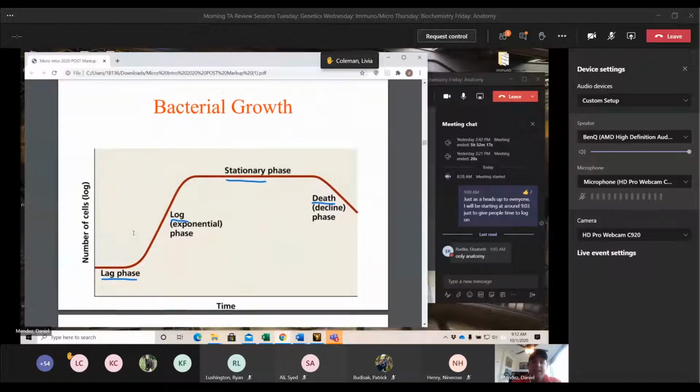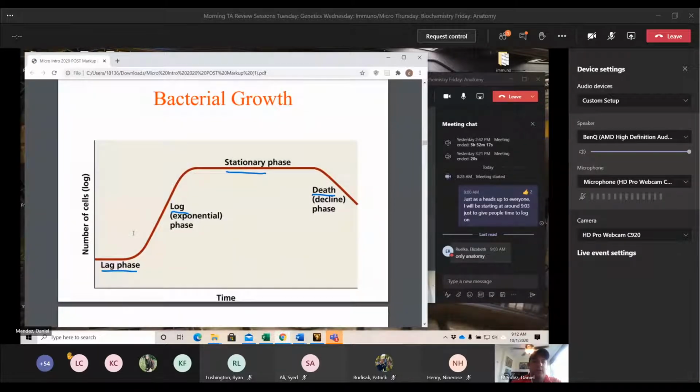So here, this is the entire life cycle of the bacterial cells. We have the lag phase when nothing's really occurring. There are no nutrients, nothing's changing. The number of cells isn't changing at all. Then once they get exposed to nutrients, we have the log phase, their growth phase. It is an exponential growth phase, which means that they are growing in the order of 10.